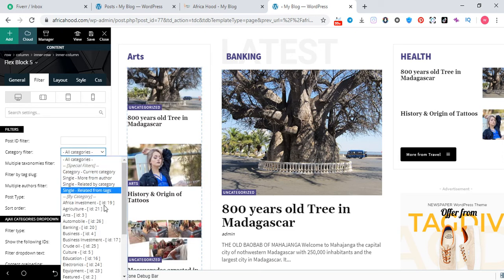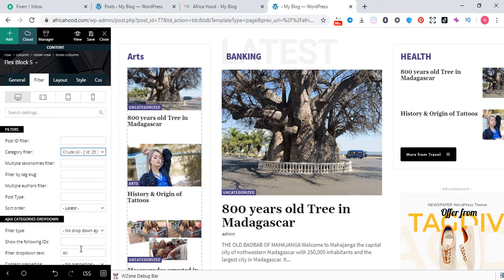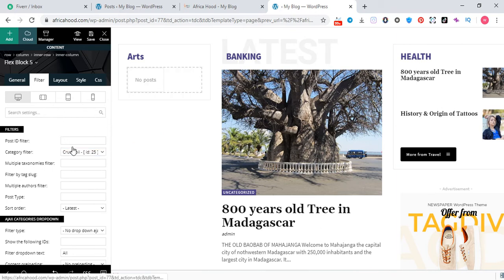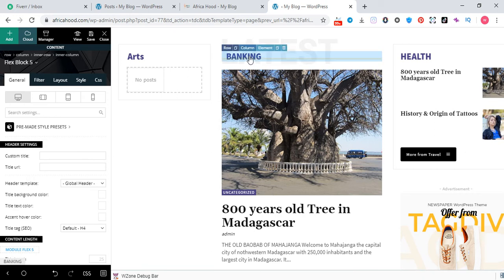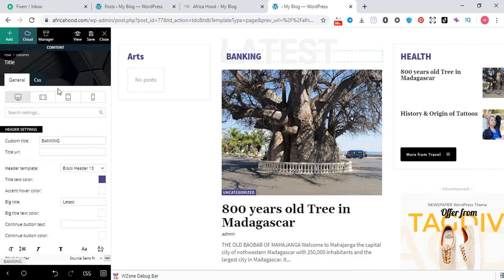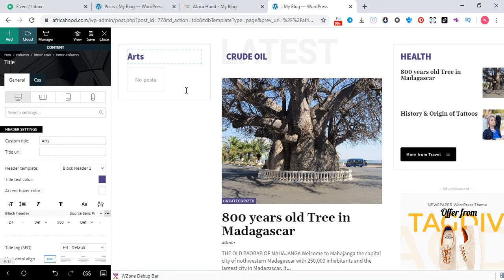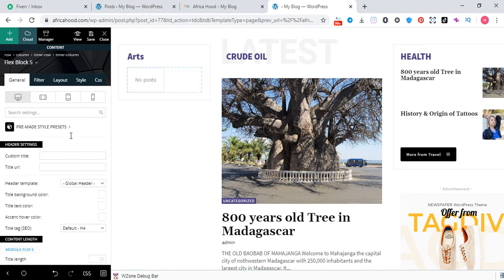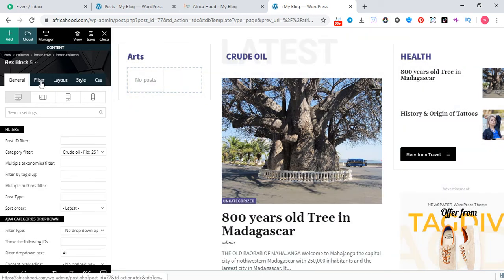So here we need crude oil. We need to change this to crude oil, and change art. So here it is showing no posts, so you need to make some changes to the filter.